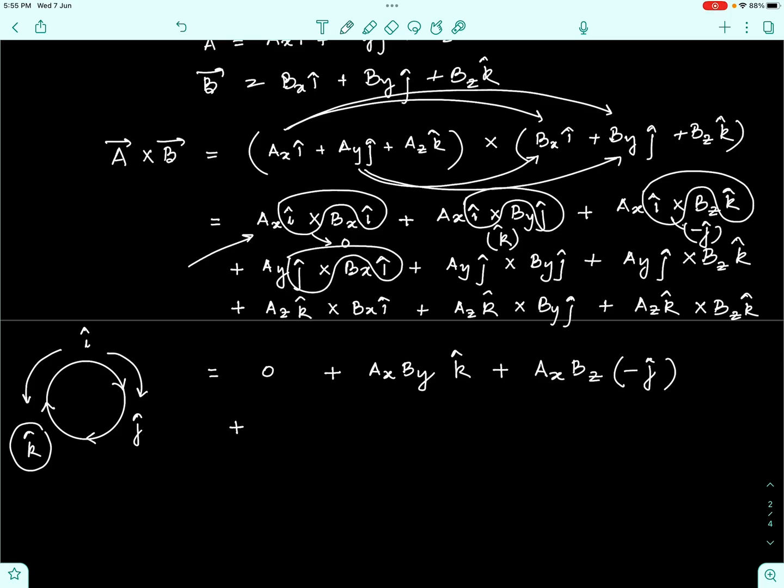J cap cross I cap, as you can see from this particular figure, J cap cross I cap will be minus K cap, and then along with that you have